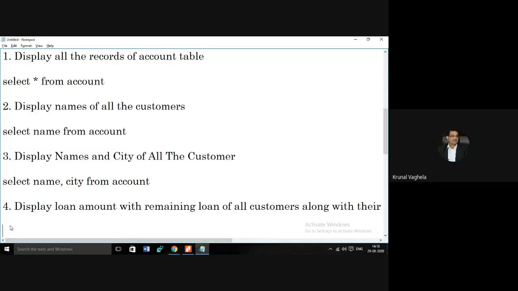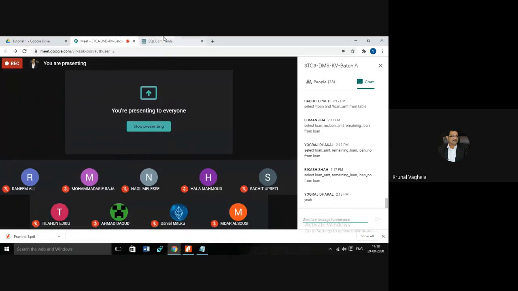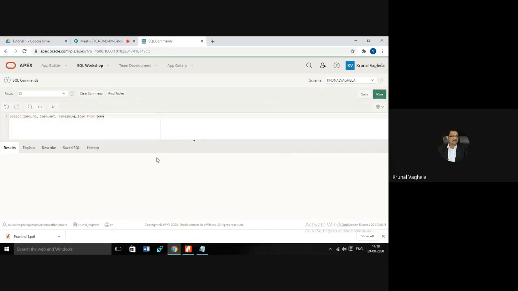So you can write select loan_number, loan_amount, and remaining_loan from loan table. Control C. Control V. So this is the thing.